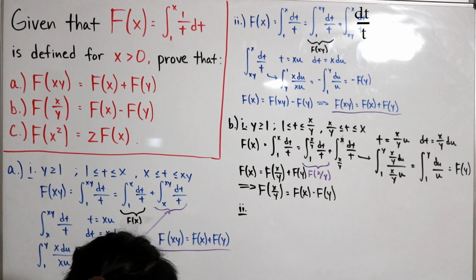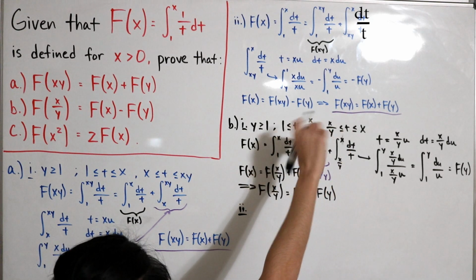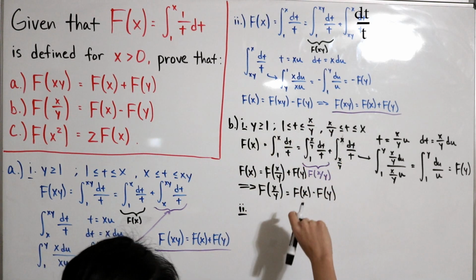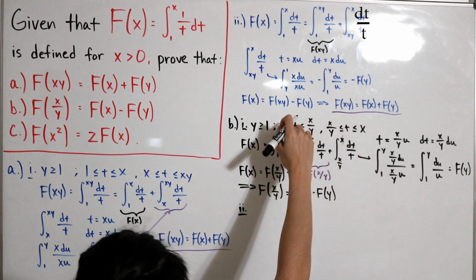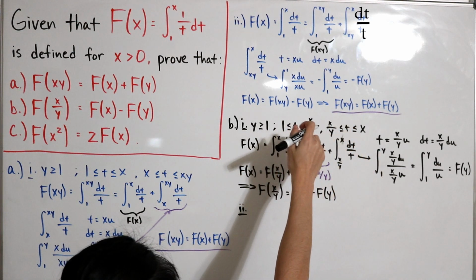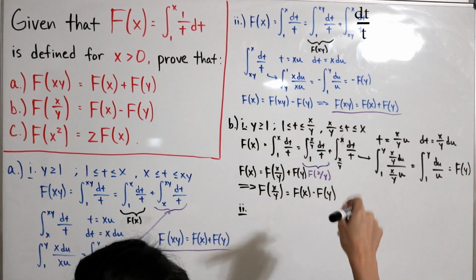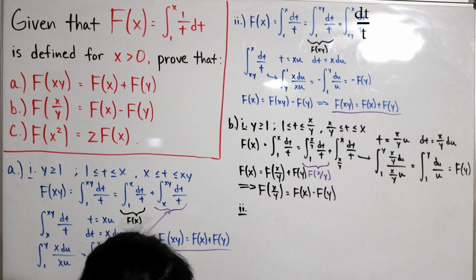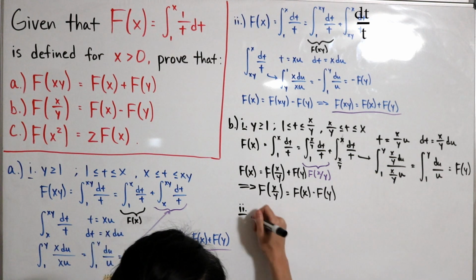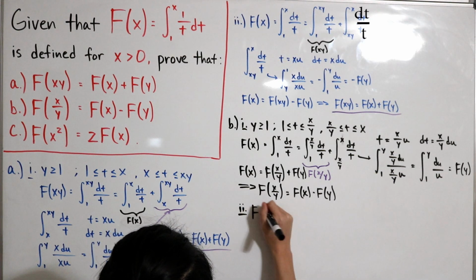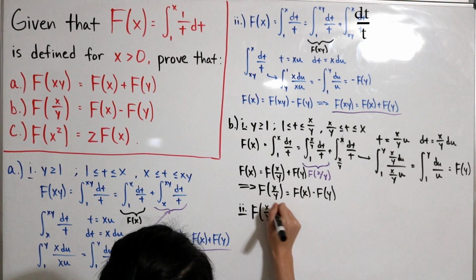So y is less than 1. That would mean that this is going to be the opposite. So now what will change is that we have 1 less than or equal to t, less than or equal to x, and then, with the symmetry, x is less than or equal to t, less than or equal to x over y. Okay, so now in this case we'll start off with the function f of x over y,